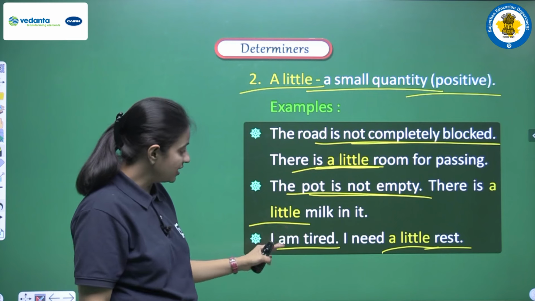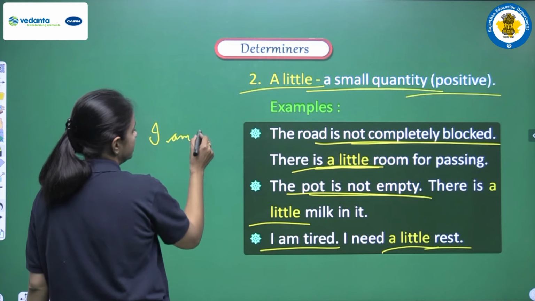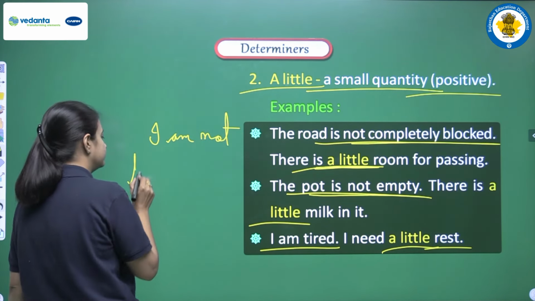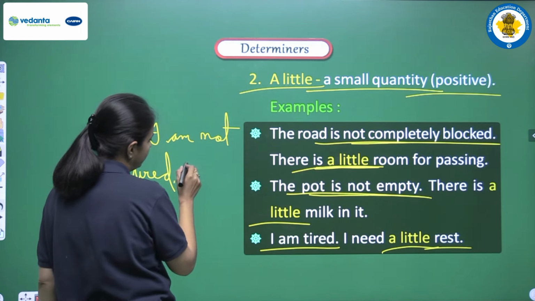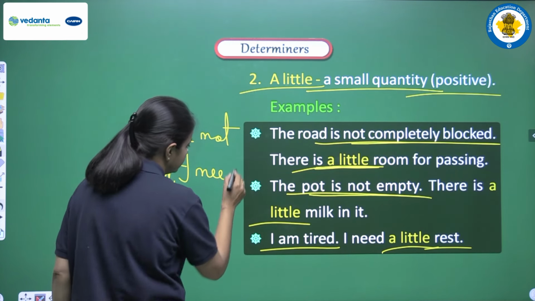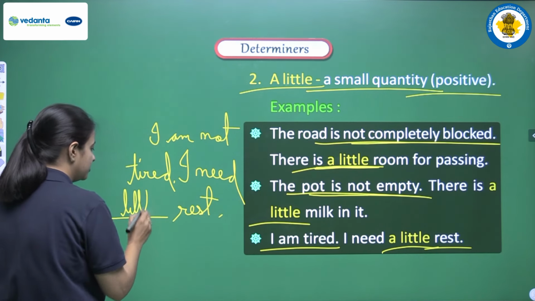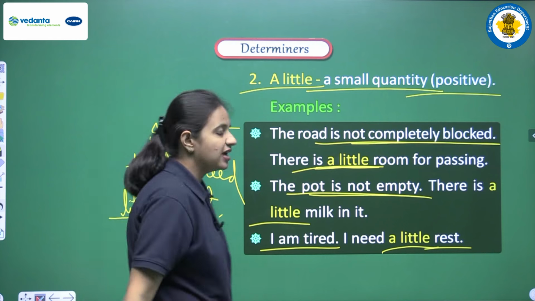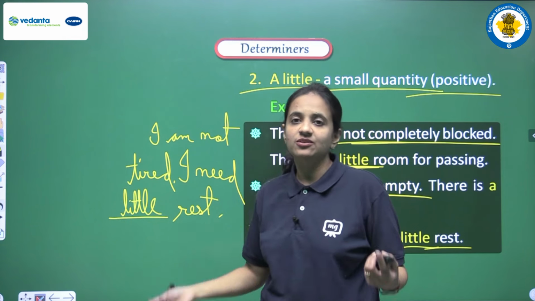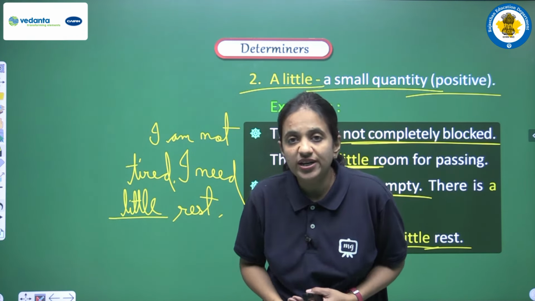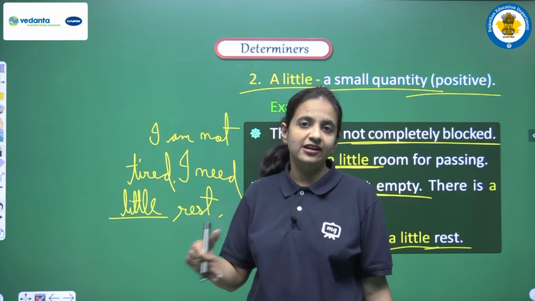And now just suppose अगर हमारे यहाँ पे sentence जो है it would be like this: I am not tired. So if we are saying that I am not tired, then ahead our answer will be that I need little rest. Why little? Because now we want to show the negative meaning. We want to show that I am not tired. It means that because I am not tired, I actually need no rest. So at that time our answer will be that I need little rest. It means I need no rest actually.